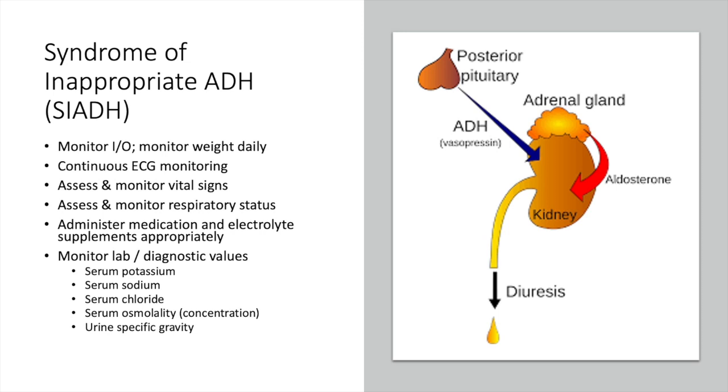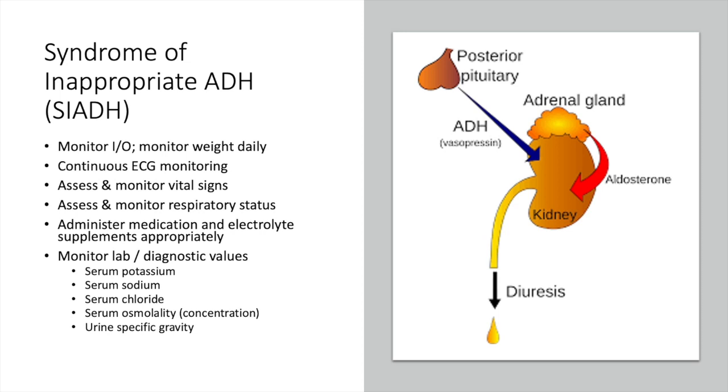It's characterized by hyponatremia, concentration of urine, and dilution of blood. And the patient has an adequate amount of blood, but the blood is more dilute than normal. And it causes the body to retain fluids, resulting in your electrolytes really being out of balance. Some of the causes typically of SIADH are a tumor, and in some instances chemotherapy treatment that may lead to